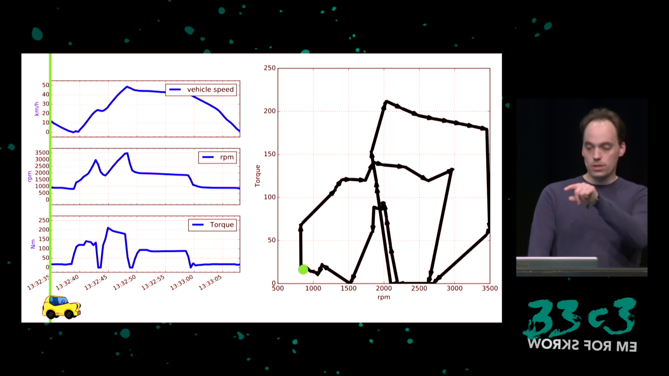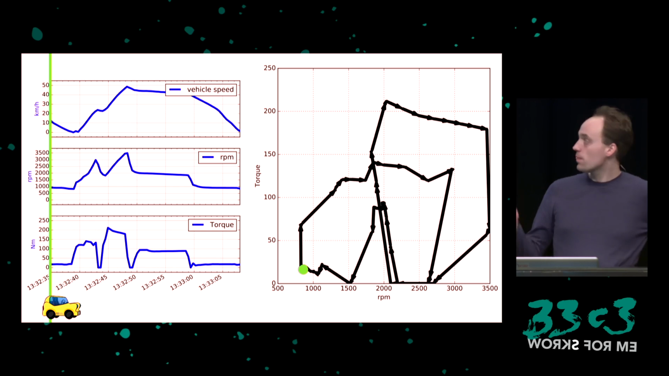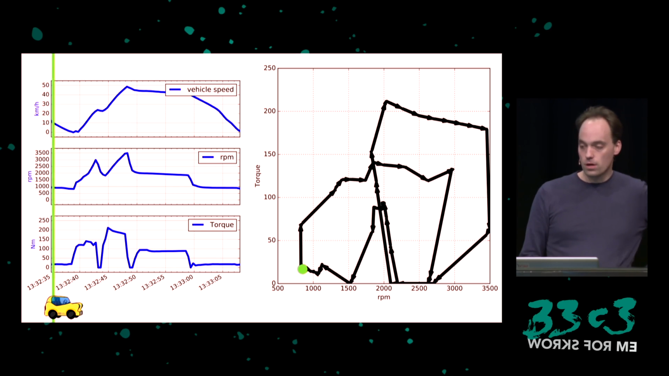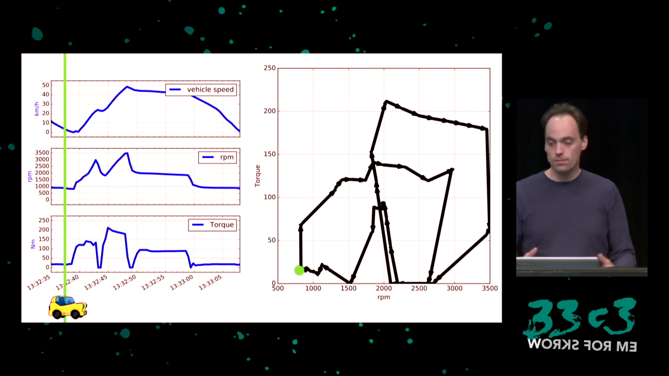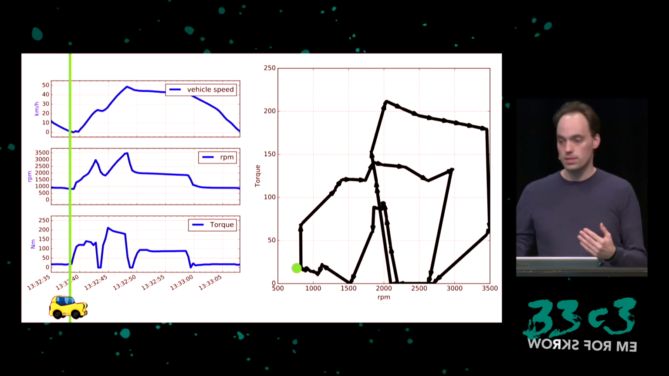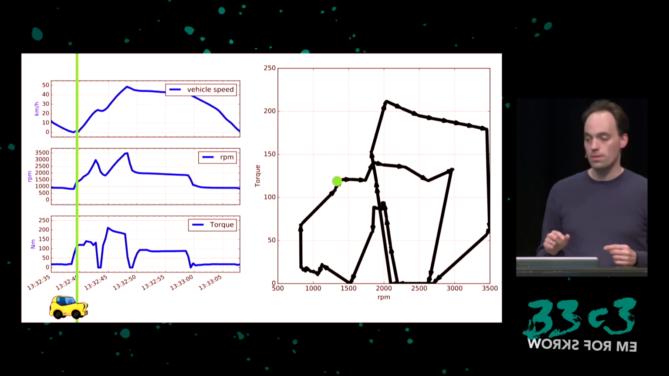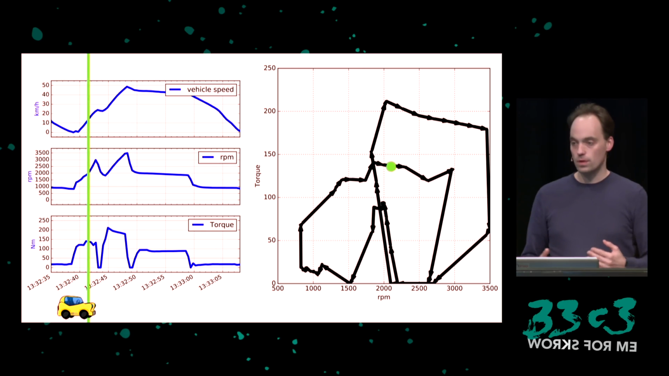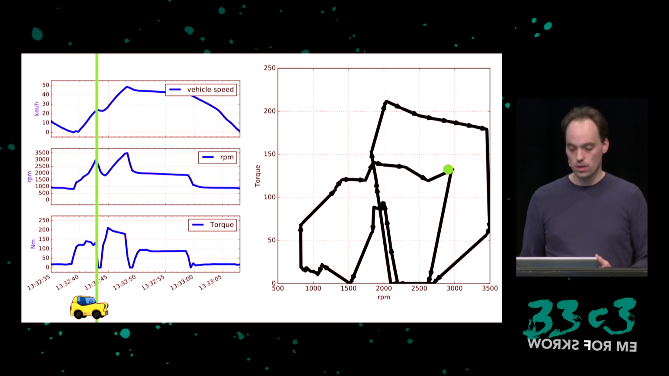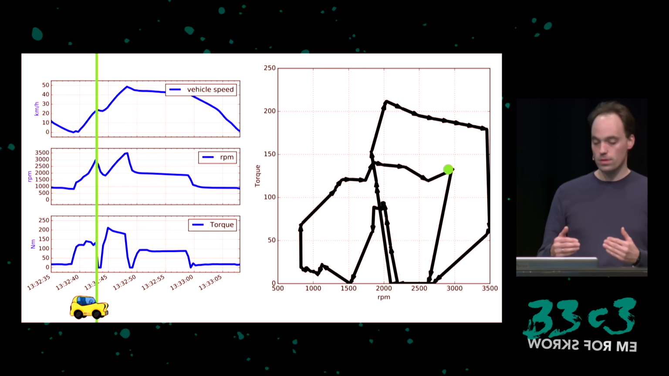So the green dot here indicates where we are. We start, the car accelerates, the car idles for a while, so the green dot stays there. It idles at around 800 RPM, almost no torque because there's nothing to move. And then the driver accelerates, and the torque goes up, the RPM goes up more slowly. And then at some point the driver presses the